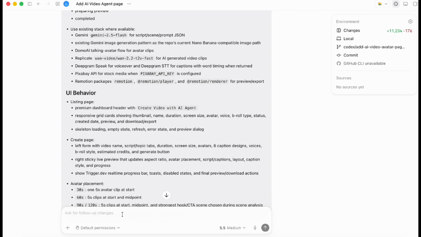So over here we'll say getting error on create video avatar agent page, and then you can say error will be